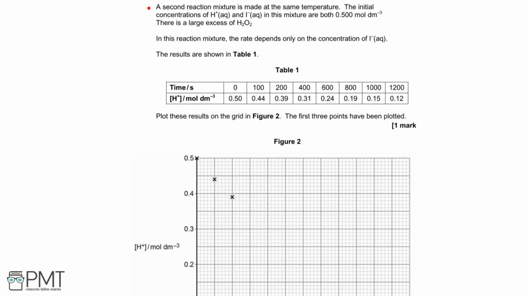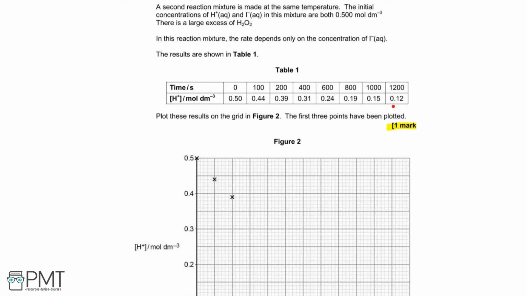A second reaction mixture is made at the same temperature. The initial concentrations of hydrogen ions and iodide ions in this mixture are both 0.5 moles per decimeter cubed. There is a large excess of hydrogen peroxide. In this reaction mixture, the rate depends only on the concentration of iodide ions. The results are shown in Table 1. Plot these results on the grid in Figure 2. The first 3 points have been plotted. This question is worth 1 mark, so we need to plot all of these points correctly. These 3 have already been plotted, but all of these remaining 5 need plotting